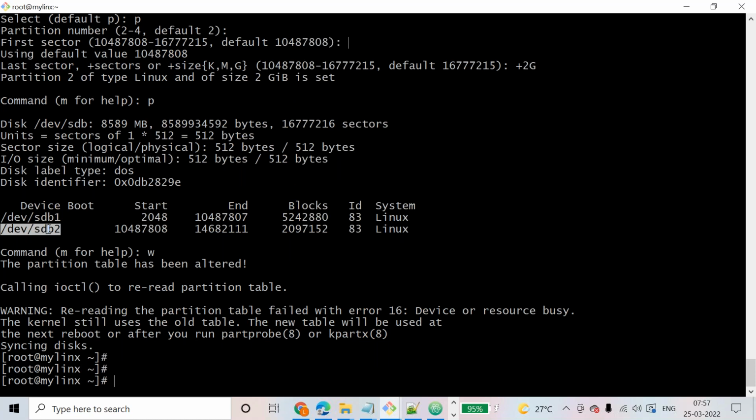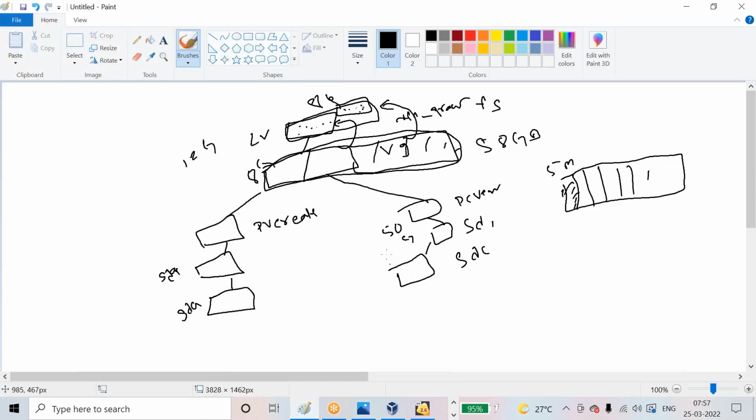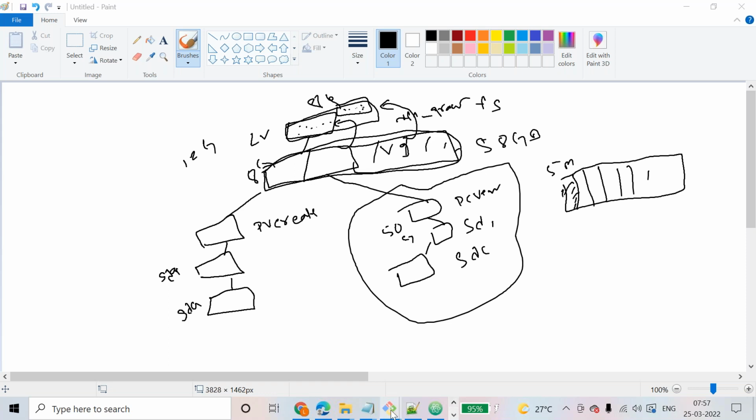I need to add this partition to my VG అండి. నేనేం చేయబోతున్నానంటే, ఇటువైపు చూపించాను కదా ఈ పార్ట్, I am going to do this part. How can I add an additional disk into my VG? Okay, now